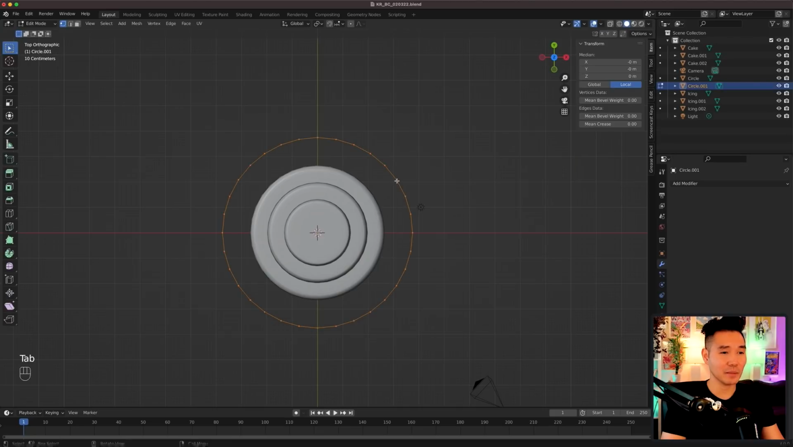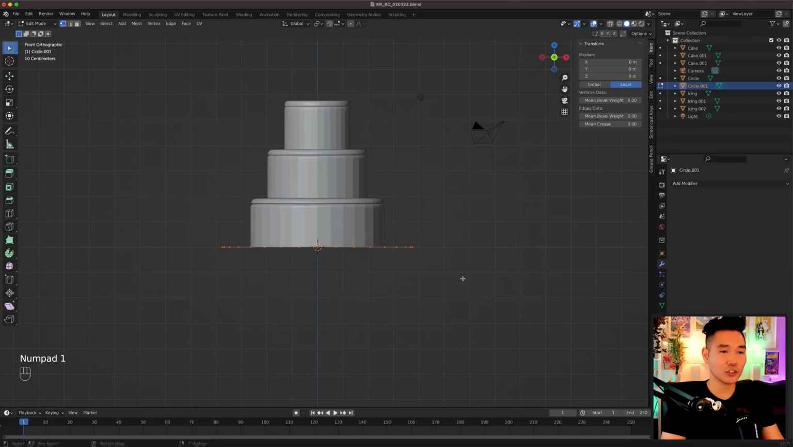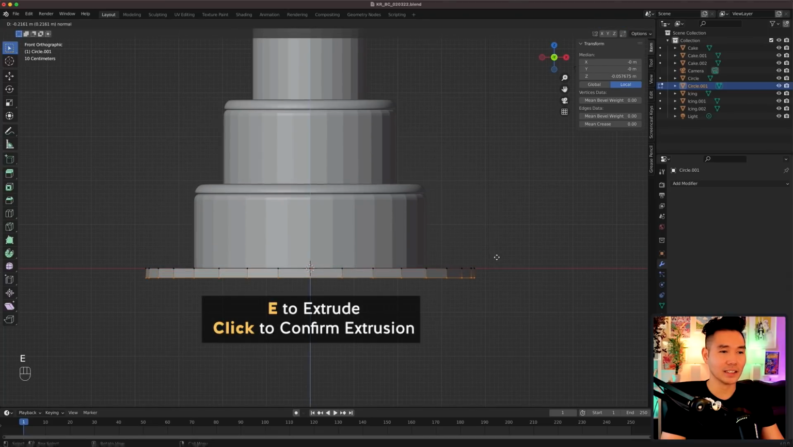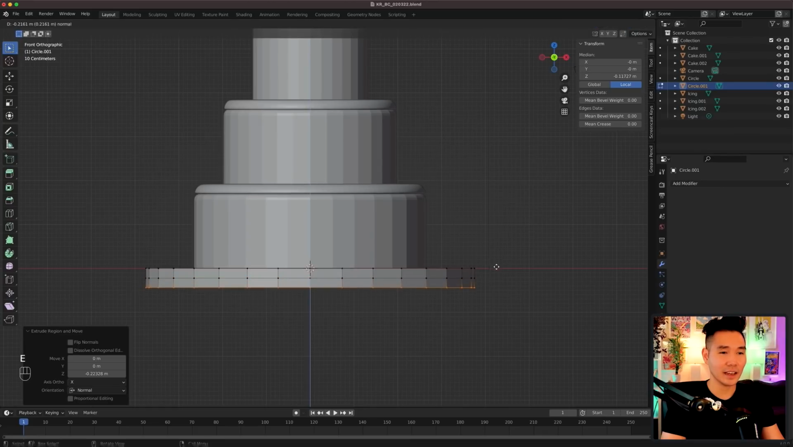Then tab into edit mode and with all the points selected, hit F to fill the mesh. In the next few steps, we'll be doing a lot of extruding and scaling because we're going to create a stand that's decorative. Go into front view with numpad 1 and extrude those points by hitting E and downward in the Z. Click. Then let's make the stem of the stand by hitting E again, click, and then S to